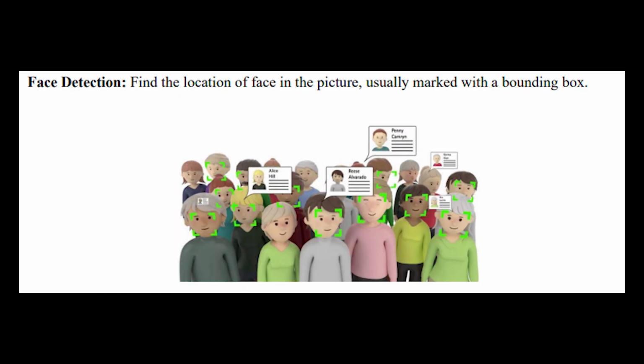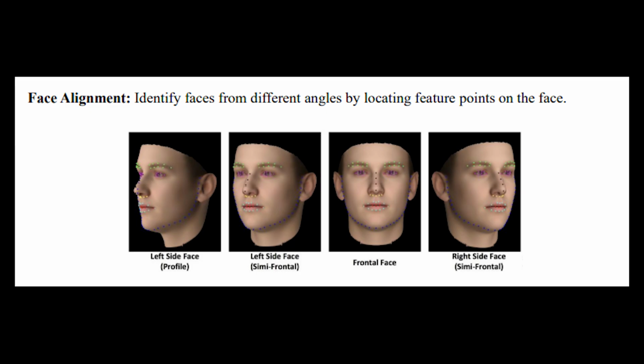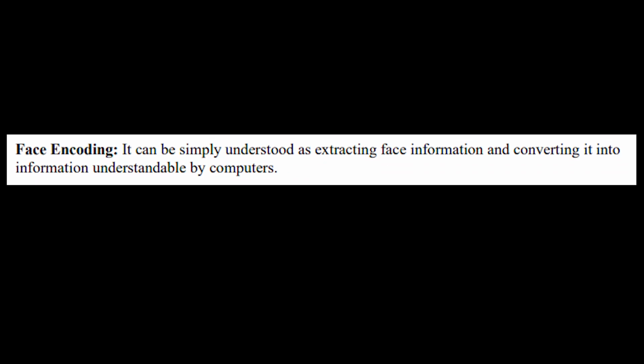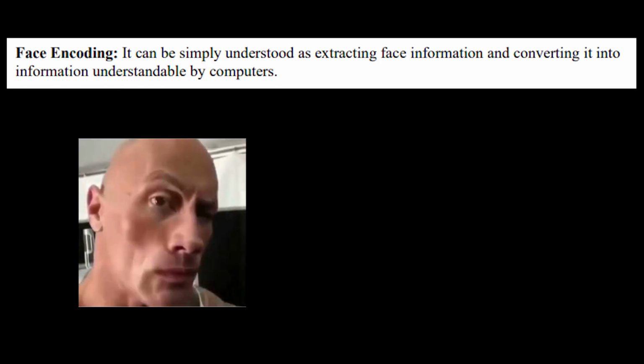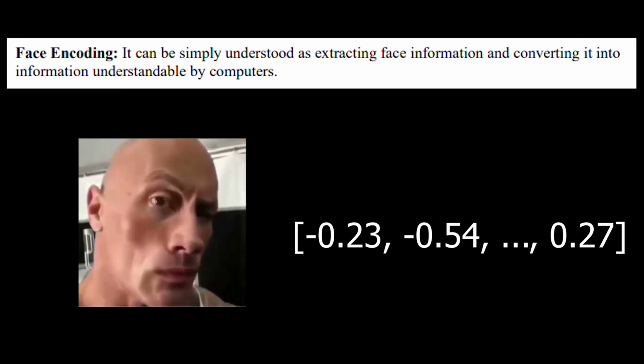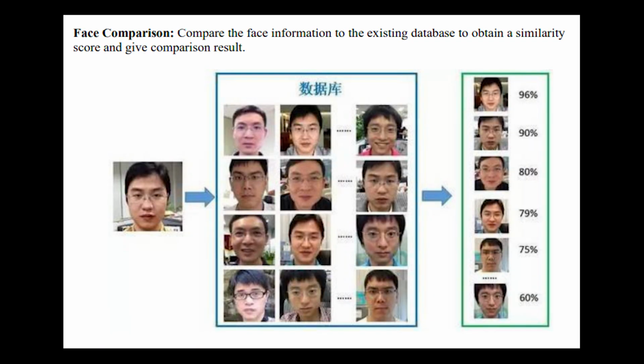There are 4 steps in face recognition. First step is face detection. Face detection finds the location of a face in the picture, marked with a box shape. Second step is face alignment. It identifies faces from different angles by locating feature points on the face. Third step is face encoding. It can be simply understood as extracting face information and converting it into information understandable by computers. Fourth step is face comparison. It basically compares the face information to the existing database to obtain a similarity score and give